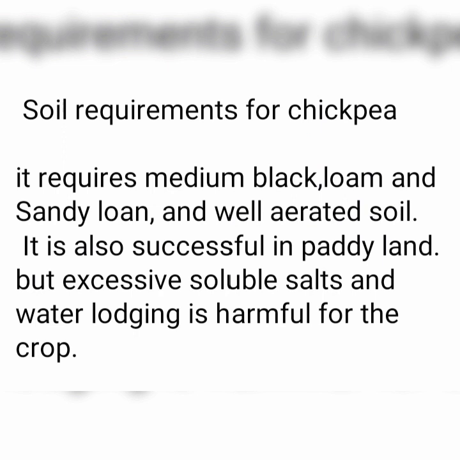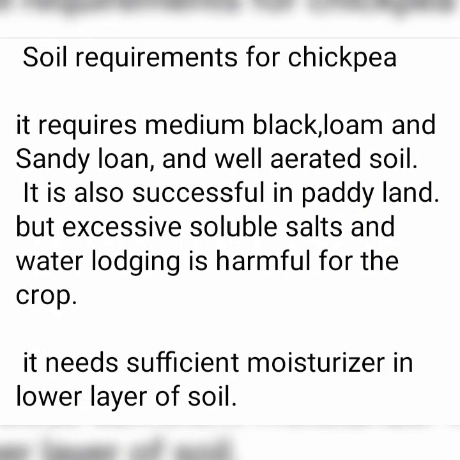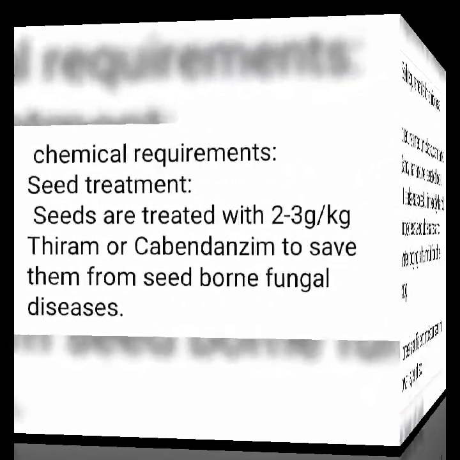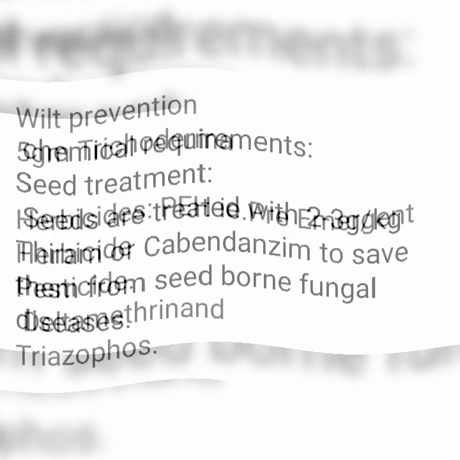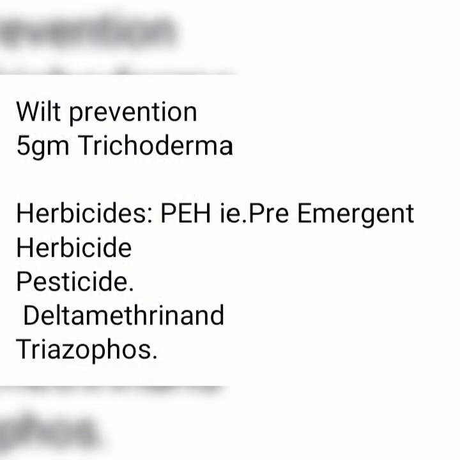Next are chemical requirements. It requires seed treatments. Seeds are treated with 2 to 3 gram per kilogram thiram or carbendazim to save them from seed-borne fungal diseases. To prevent wilt, it is treated with 5 gram per kilogram Trichoderma. Herbicides for chickpea is PEH, that is pre-emergent herbicide. Pesticide for chickpea is deltamethrin